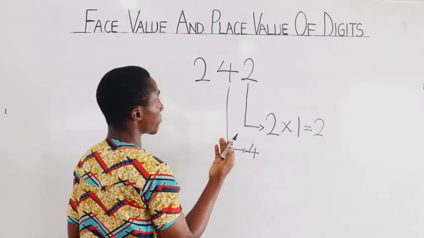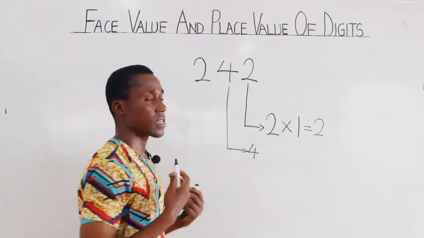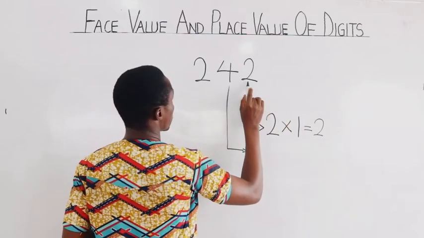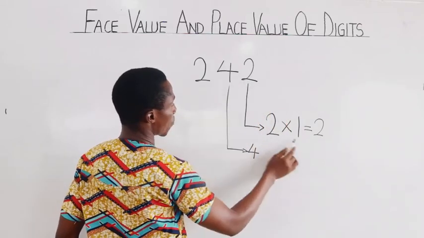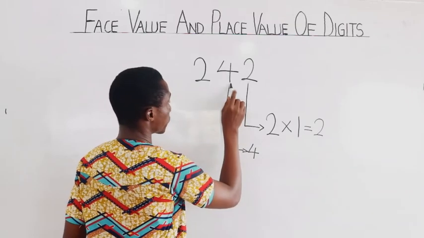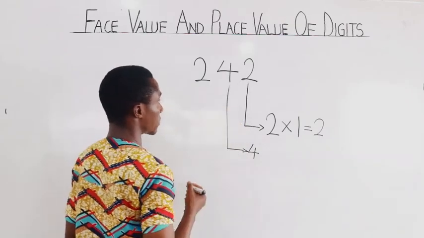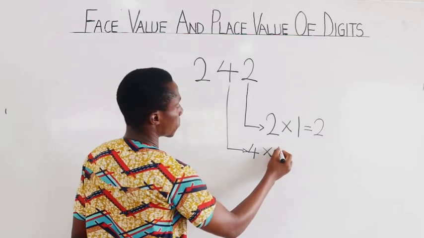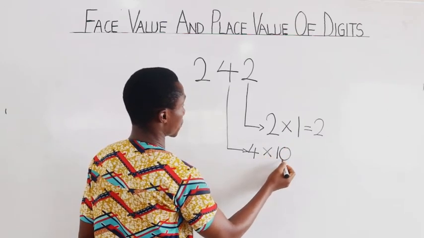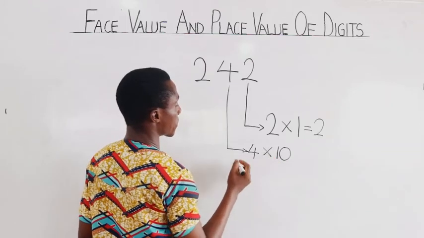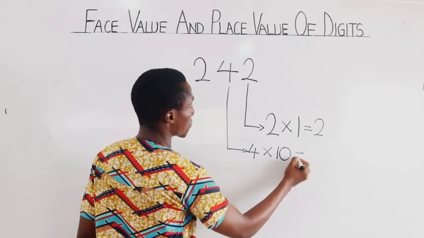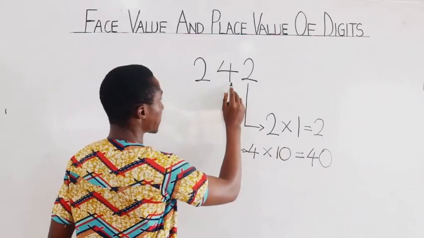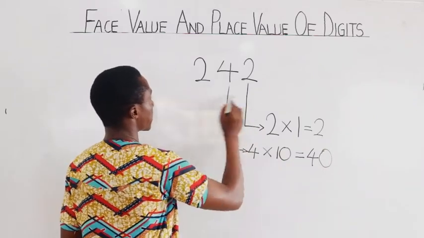And the value of the number place, or simply the number place, is from our right hand side. This 2 is in the ones number place, and the 4 is in the tens number place. And therefore, the place value will be the face value 4 multiplied by the number place, which is 10, or the value of the number place, which is 10. And that will give us a place value of 40 for the digit 4 in the number